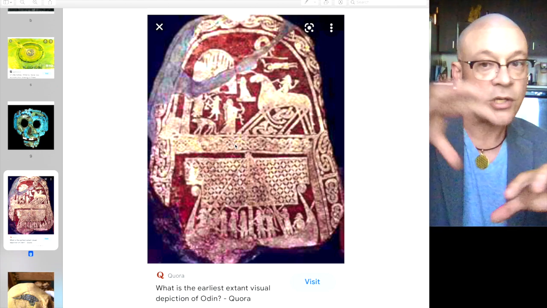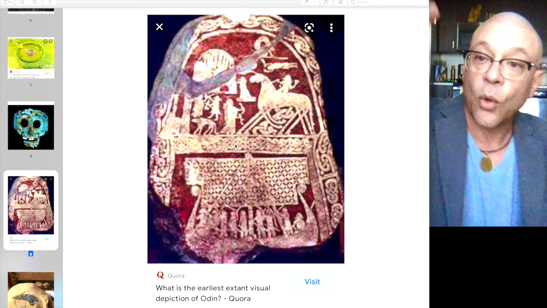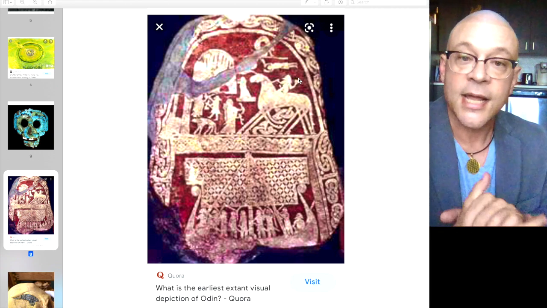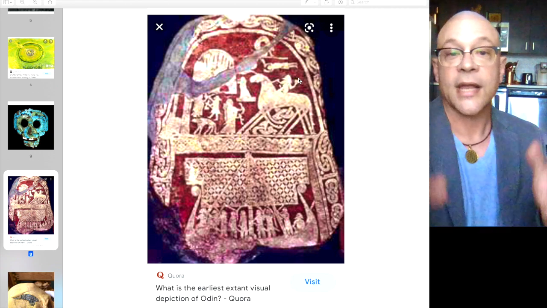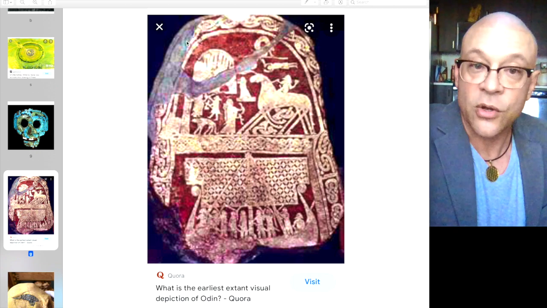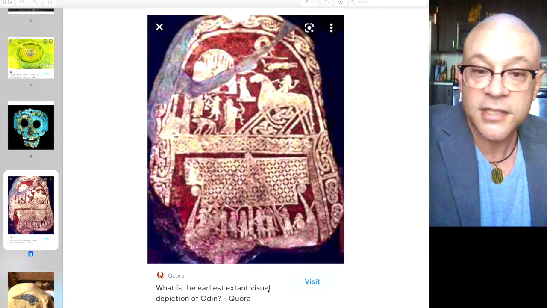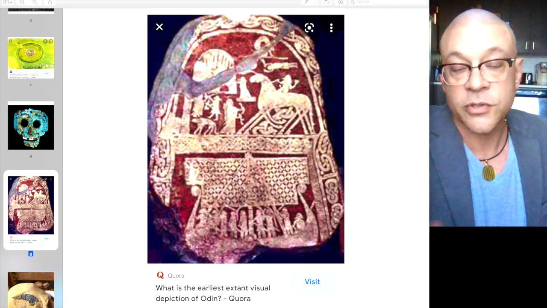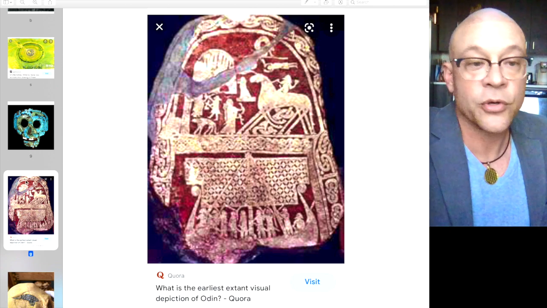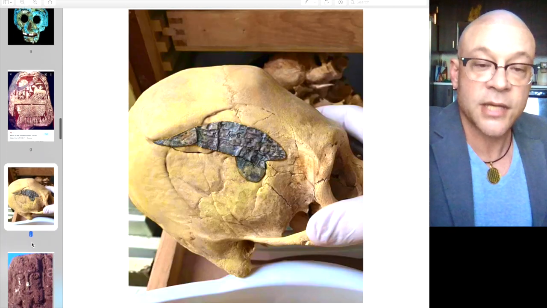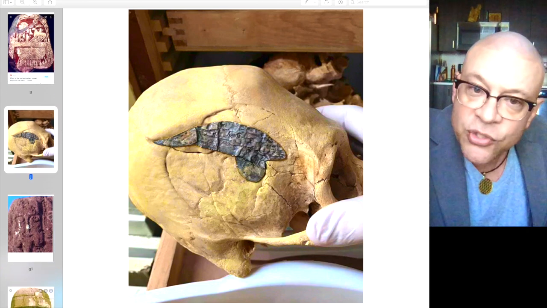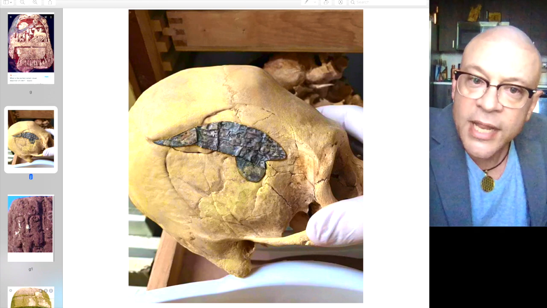It was images on images mixed with images, and the whole thing had to be an image. It's all anamorphic in that way, in that depending on what part you're looking at, you could either see scenery in here, or if you step back, you see Odin's face. This is the earliest extant visual depiction of Odin. So that's what modern academia is already saying, because there's the eye. Odin had one eye. This is one of those elongated skulls where it looks like they've actually tried to put the